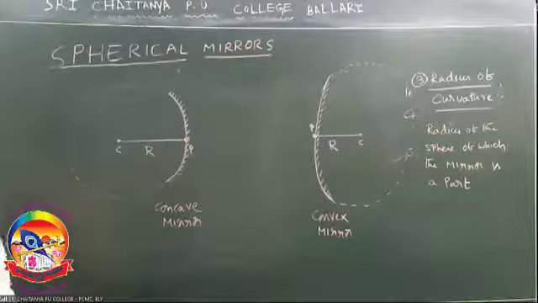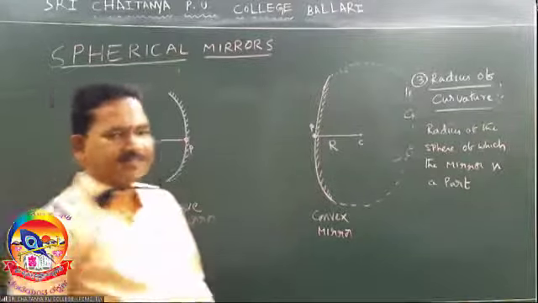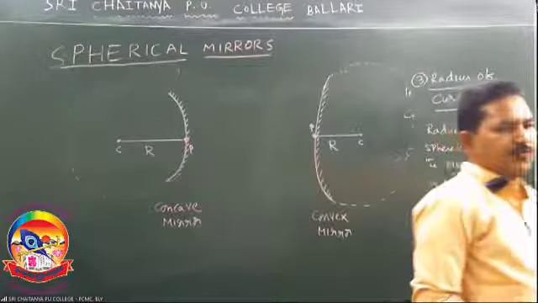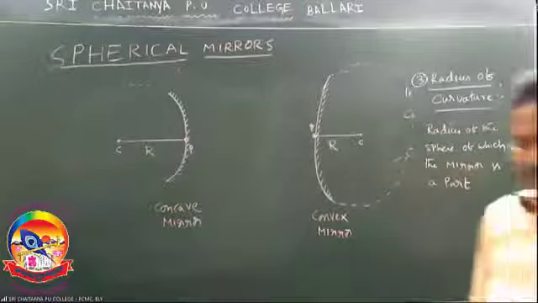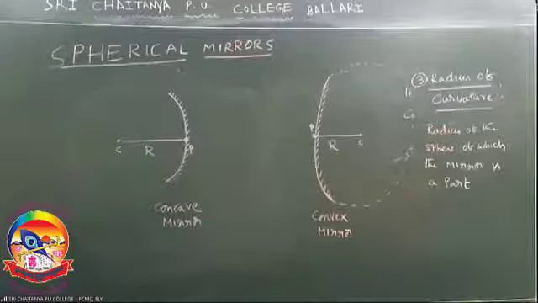Three definitions over in the case of spherical mirror. The first one, the pole of the mirror. The second one, the center of curvature. The third one, radius of curvature. If you understand all these simple definitions, we can go deep into the spherical mirror: derivation parts, mirror formula, magnification formula, relation between radius of curvature and focal length. First, all the definitions related to the spherical mirrors. Pole over, center of curvature over, radius of curvature over.